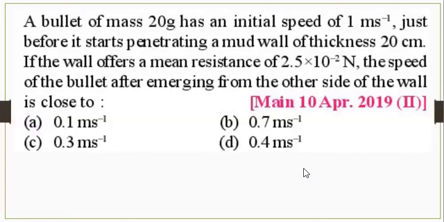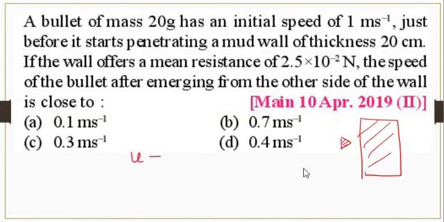Well, say this is the mud wall. Now the bullet is about to enter. Okay, so initial velocity of the bullet is 1 meter per second. Well, so final velocity we want,